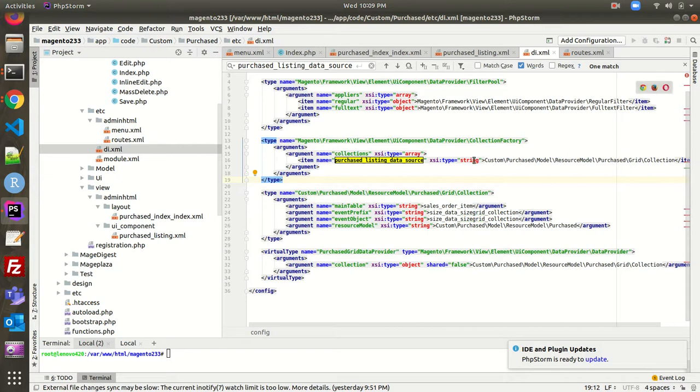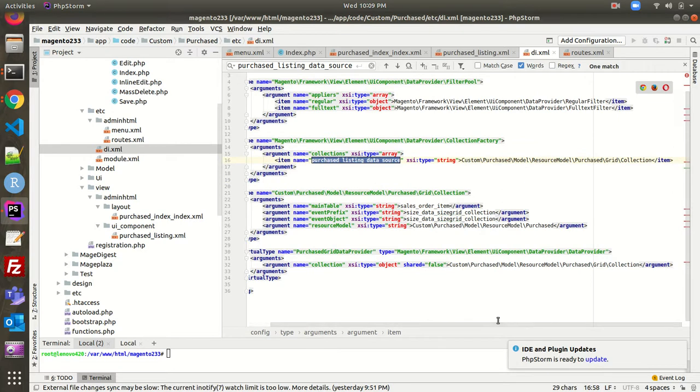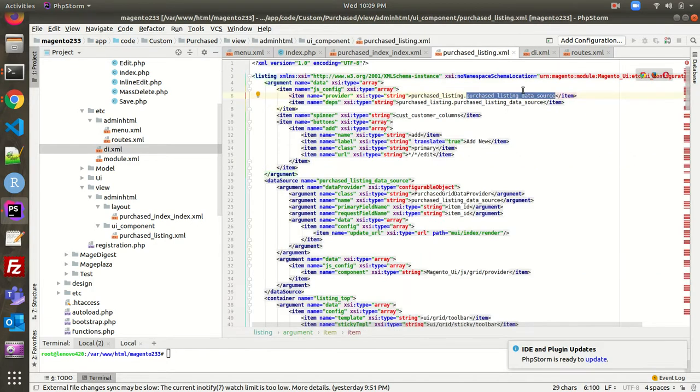If you see this particular listing data source, it is collecting data from this particular resource model, the purchase grid collection. So from this class I am generating a collection, and from that collection I am getting a data source, and that same data source I am using in my layout file.